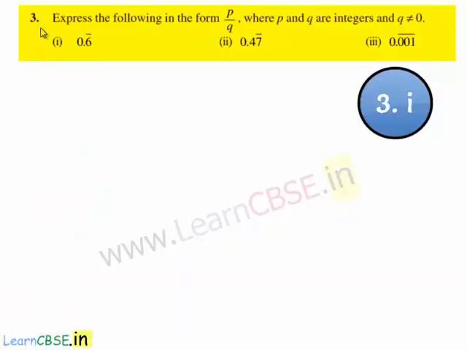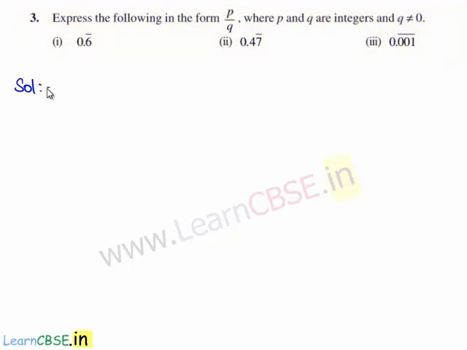Now let us move on to the third question. The question is, express the following in the form of p by q, where p and q are integers and q is not equal to 0. So let us move on to the solution. The first decimal expansion given is